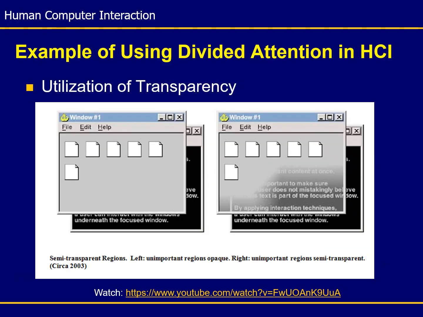Here is another example of utilizing transparency, which is related to divided attention. This tries to solve the problem, and again this is coming from research, of having rectangular windows, which is a problem by itself because we have a lot of wasted screen real estate. For example, if you look at the image, the folder at the left, the window at the back, which is in black, is almost completely hidden, even though the window at the front has a lot of